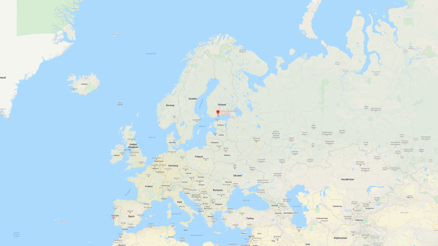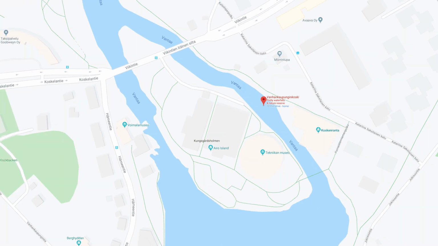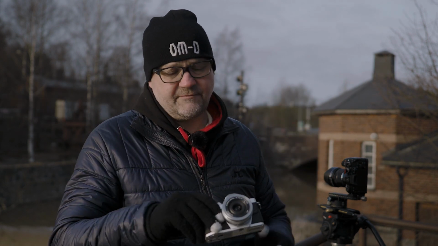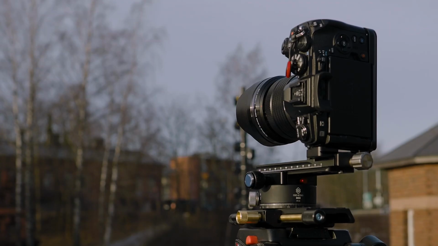And let's get back outside. I will be making panoramas here in one of my favorite places in Helsinki, Vanhan kaupungin koski. I will be making a simple, quick and dirty panorama with the EM10 Mark II and the kit lens, 14 to 42 millimeter electronic zoom lens. And then I have a bit better kit, a more professional kit, if you want to make really serious